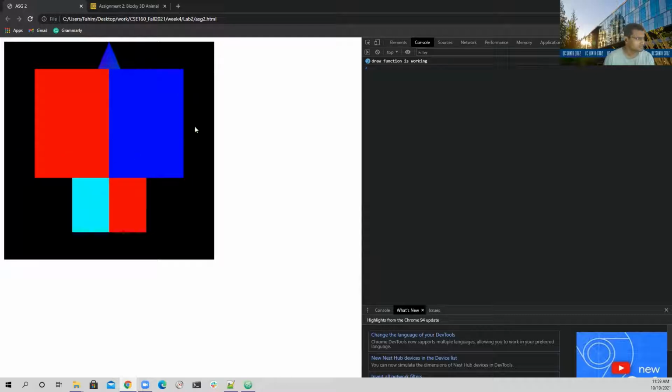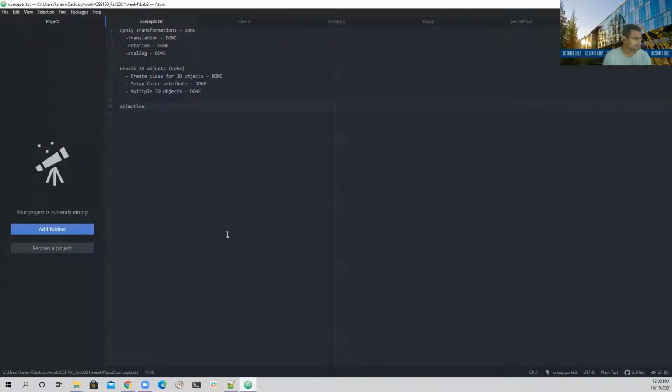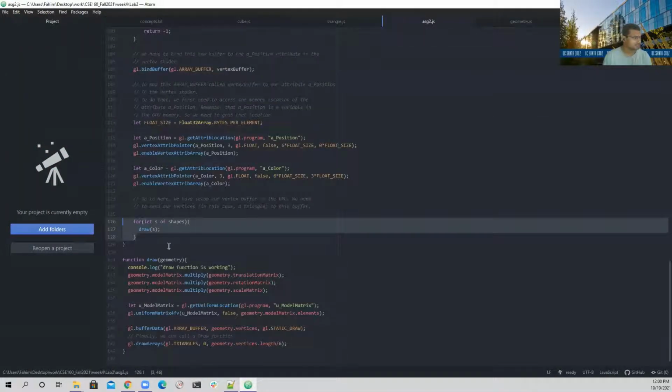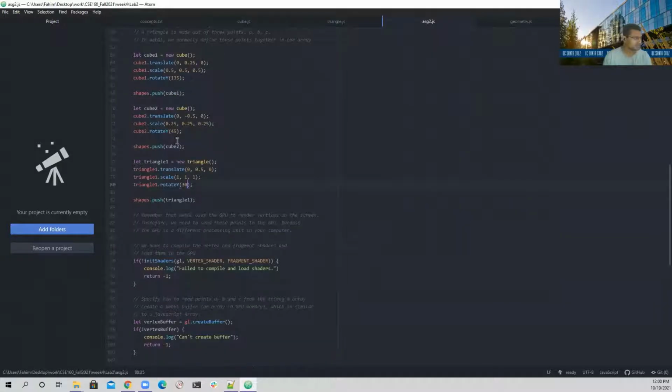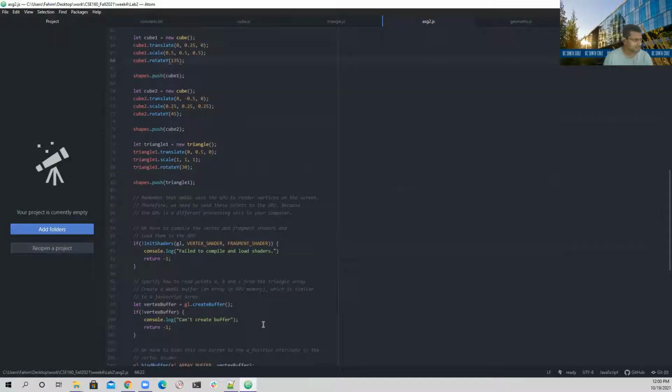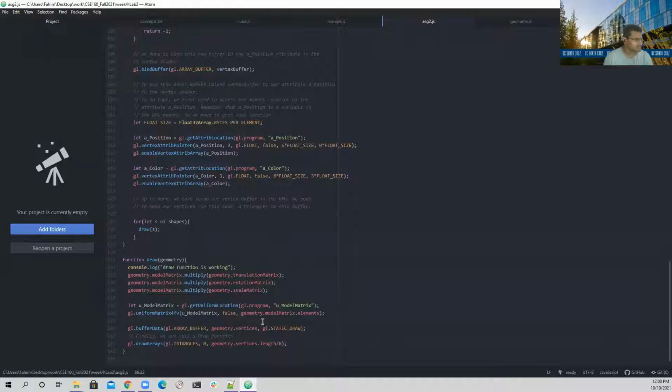So let's do some sort of animation that will move the objects around, that will rotate the object, right? Because we already have a rotation function and we are doing some sort of rotation here already. So if we change the value with some sort of frame transition, it will look like an animated cube rotating along the axis. Okay. So in order to do that, what I'm going to do is